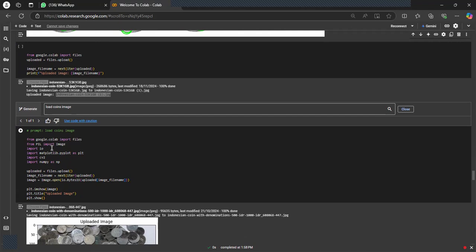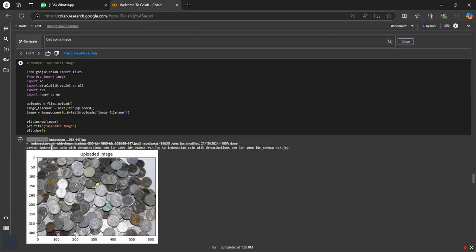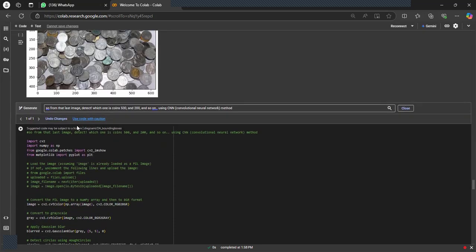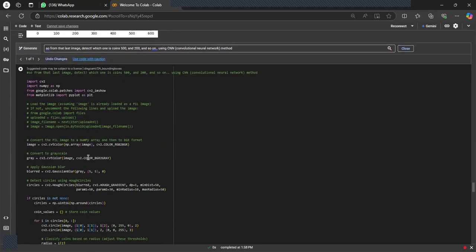We make another image, upload another image to see how this CNN or computer vision works better than before. Then we upload this image, and from the last image we detect which one is 500 and 200 and so on using the convolutional neural network method.